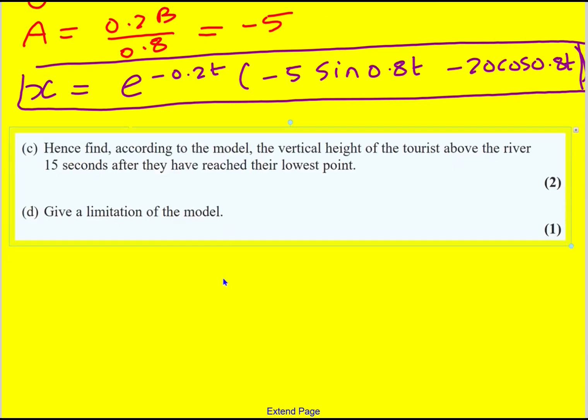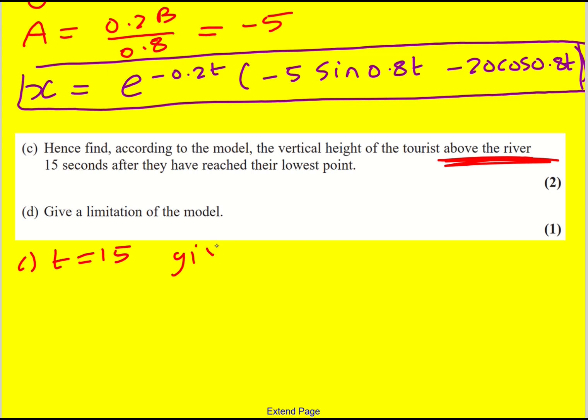Okay, part C says, hence find, according to the model, the vertical height of the tourist above the river 15 seconds after they've reached their lowest point. Be really careful here. X, remember, is like the displacement from the bridge, but we want it above the river. However, we're going to substitute 15 in. So t equals 15 gives x equals, put it in, of course, make sure you're working in radians, but you should get minus